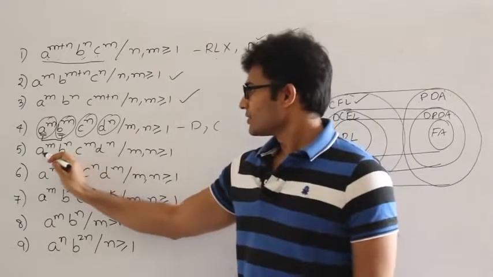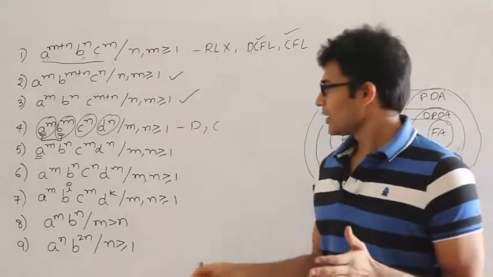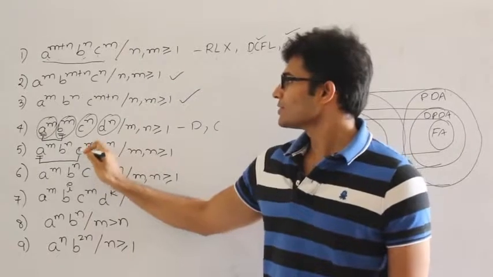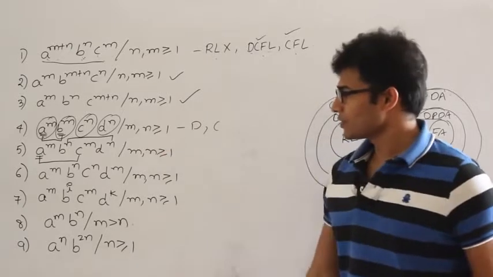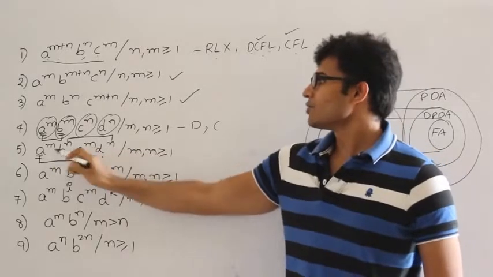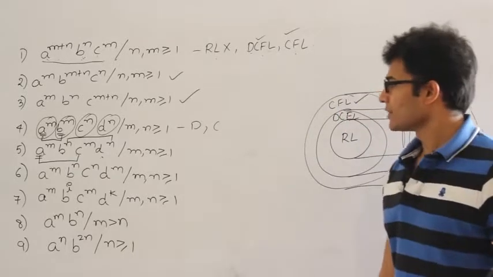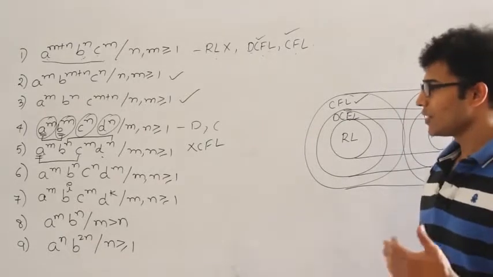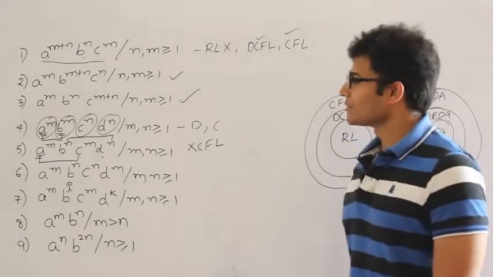And this is not regular because we have to save an infinite string and then count it. Definitely not regular. And if you see this, a's have to be matched against c's and b's have to be matched against d's, and this is an infinite language also. Therefore this is not context free either. By the time you reach c's, b's will be on top of the stack and you cannot match a's. So this is not a context free language. Therefore if a language is not context free, it is not even deterministic context free or regular.